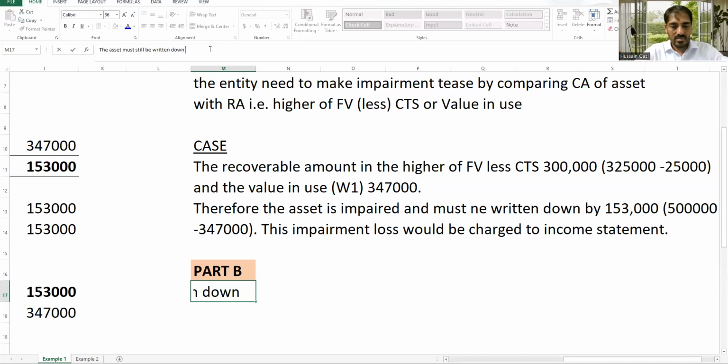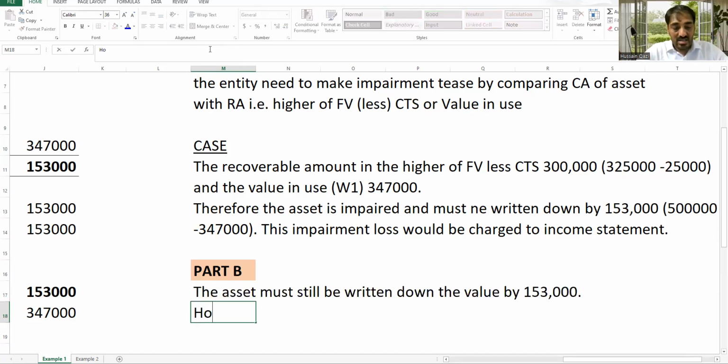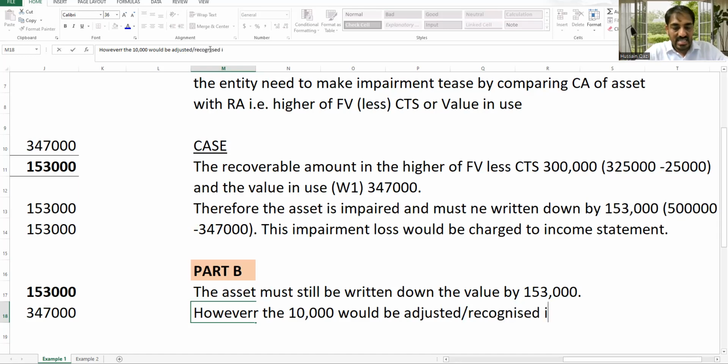Written down the value by 153,000. Exactly. Asset value reduced by 150,000. However, the 10,000, the value with the OCI previous evaluation, that was 10,000. The 10,000 would be adjusted, or you can use the word recognize, in OCI,